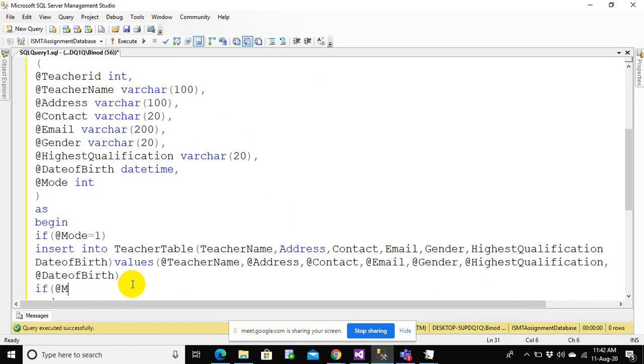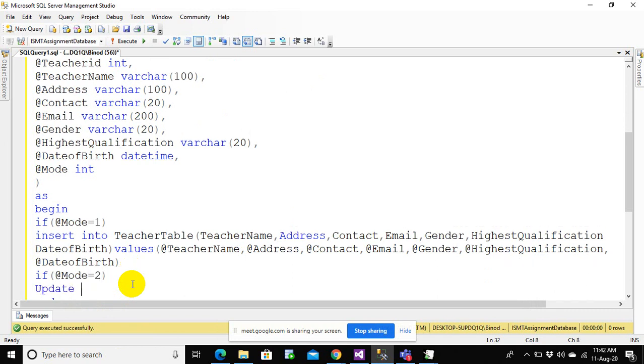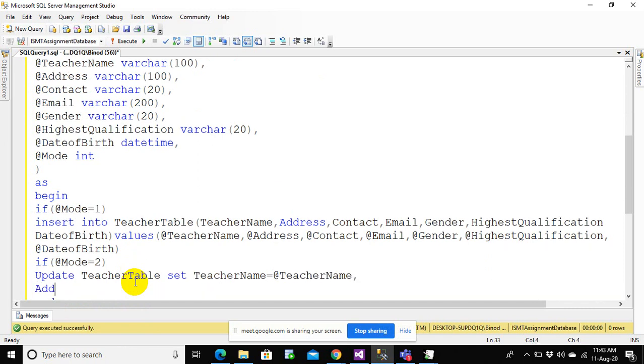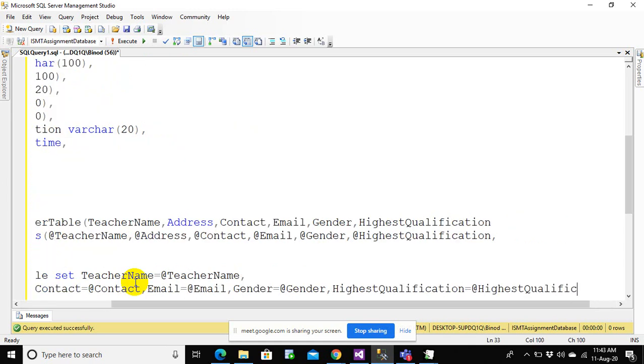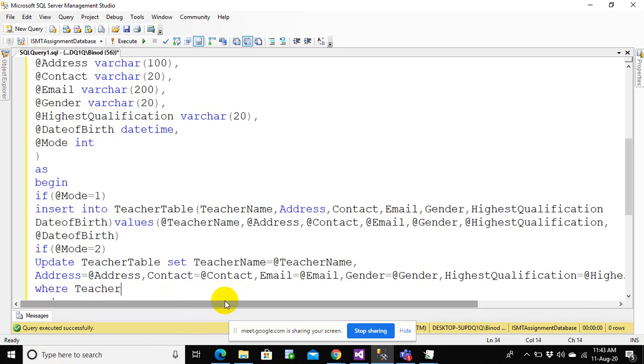If mode is 2, then we want to make an update operation. So update teacher table, set teacher name equals @teacher name, address equals @address, contact equals @contact, email equals @email, gender equals @gender, highest qualification equals @highest qualification, and we have a where condition where teacher ID equals @teacher ID.